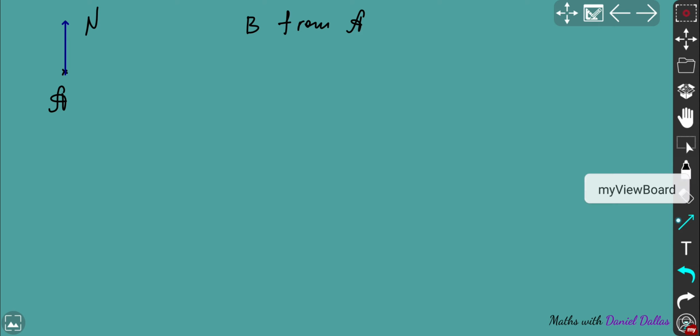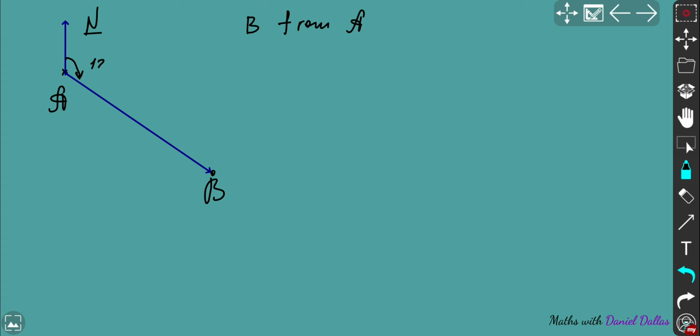So bearings is actually the angle measured from the north direction in a clockwise direction until you reach your course, basically the segment AB. So B is your final point, and you want to measure this angle in a clockwise direction from north as the reference until it reaches your segment AB. So this angle is around, let's say, 120 degrees, roughly. Normally you need to use a protractor in order to establish the right measurement for your angle. But sometimes you need to